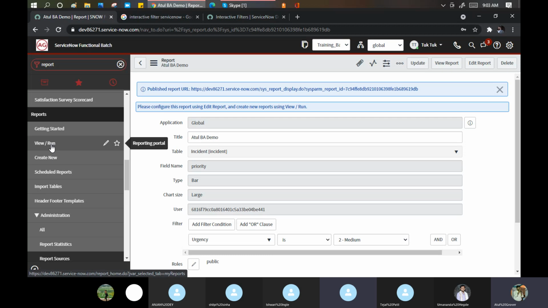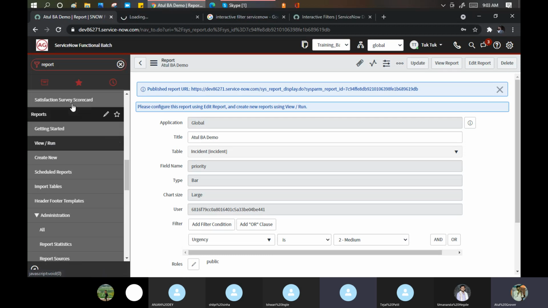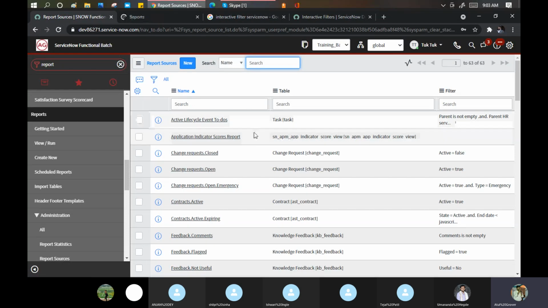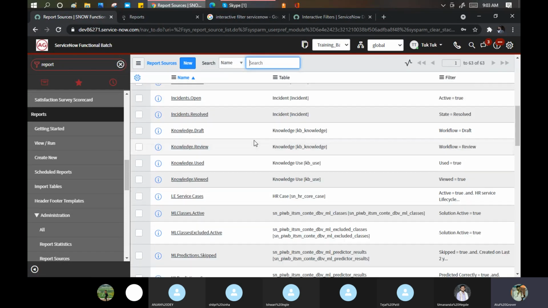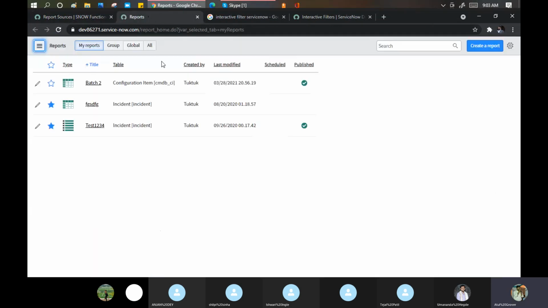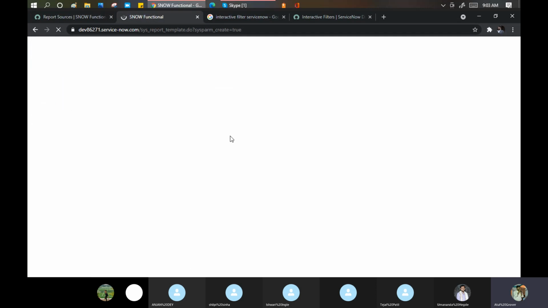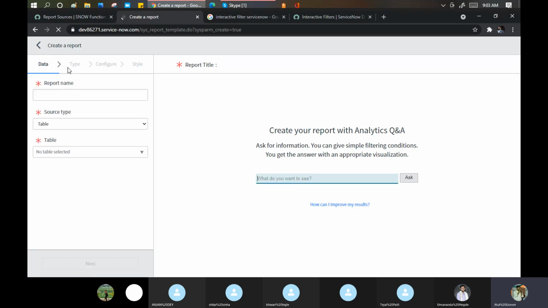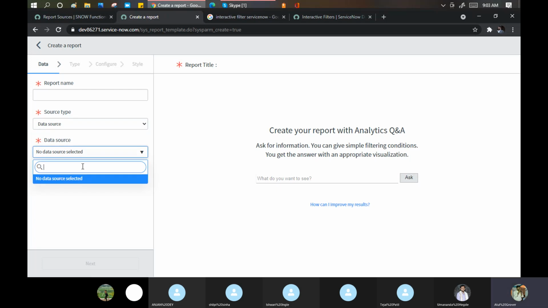In the meantime, let me open an extra tab. So these are my reported sources. If I go here and click on create new report, and click on my data source, no data source is selected.